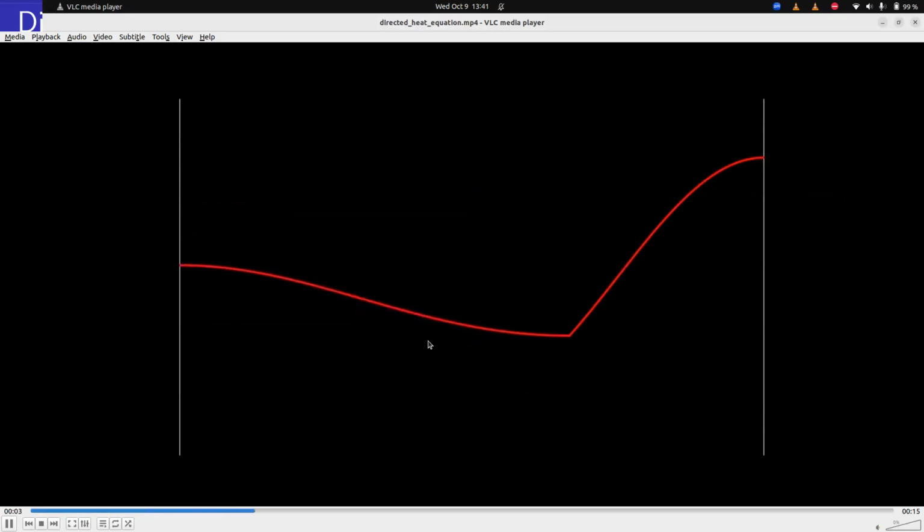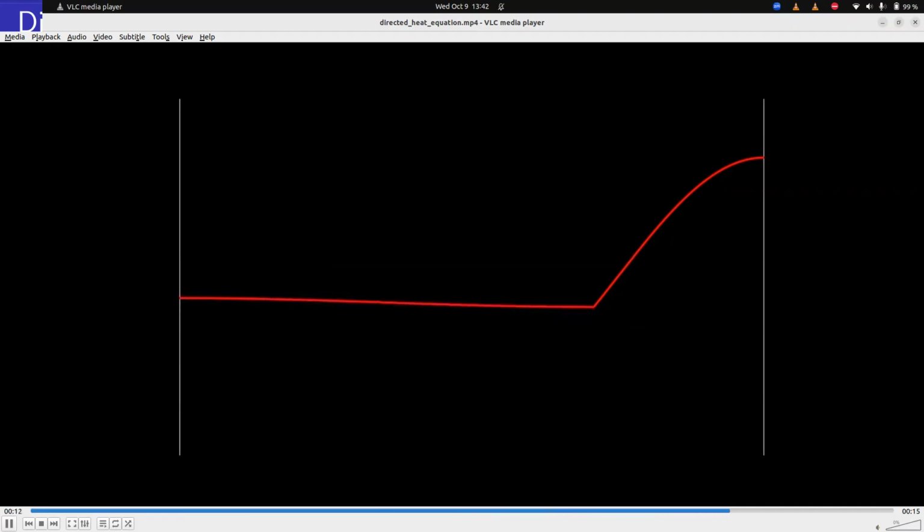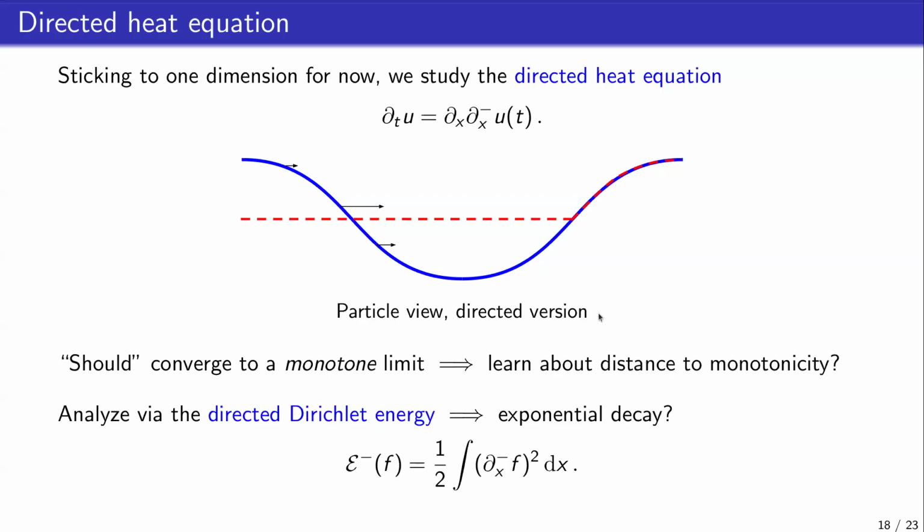Okay, so this is the progress of the directed heat equation. If I go back, you notice that this increasing region is kind of frozen in time, but then it's slowly fixing all the violations and pushing more and more mass to the right until I just have this flat region and then whatever monotone region remained. Okay, so this is my equilibrium as I had expected.